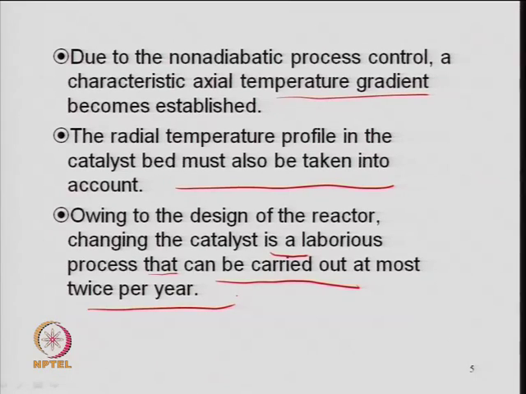So, it means whenever you look at a design or whenever you select a catalyst for a process along with the reactor, you need to identify a type of reactor system also. So, one would like to have the reactor and the catalyst in the system where the production runs at least for 3 years. If the catalyst is deactivating faster, let us have it 1 year, or at the most let us have it 6 months, right.